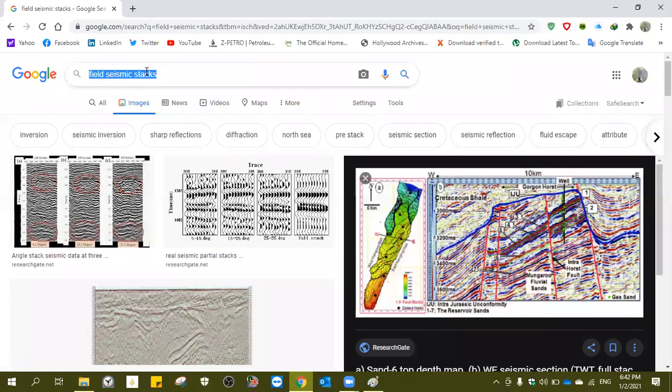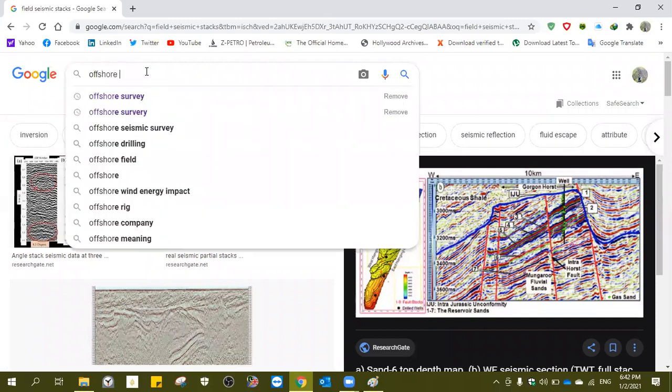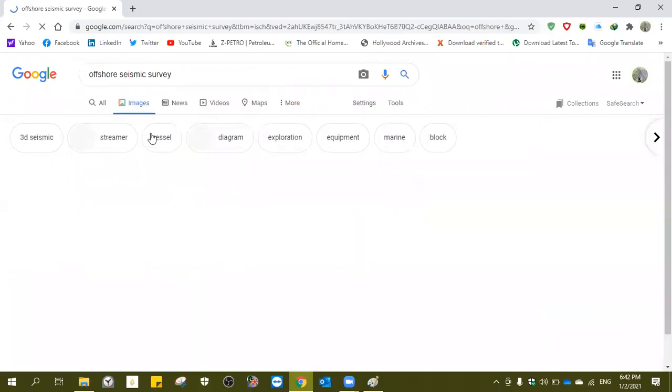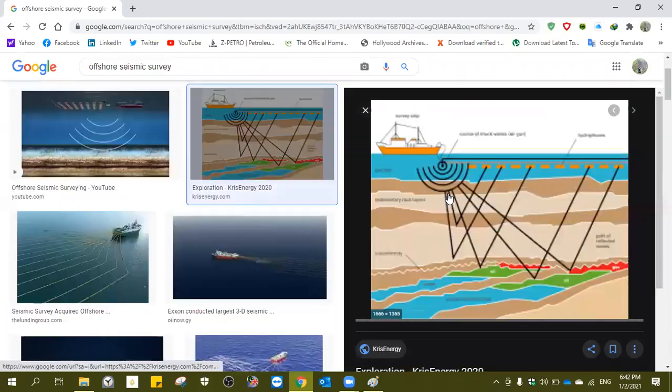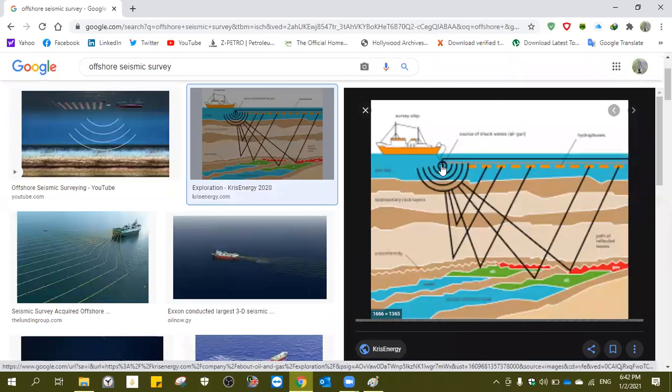If you're working in an offshore area, on an offshore seismic survey, we have different technology. We have a ship, and just beyond the ship we have another type of explosive source, like a huge balloon which contains gas. When it explodes, the waves propagate within the water body and also within the subsurface, and in that case we use